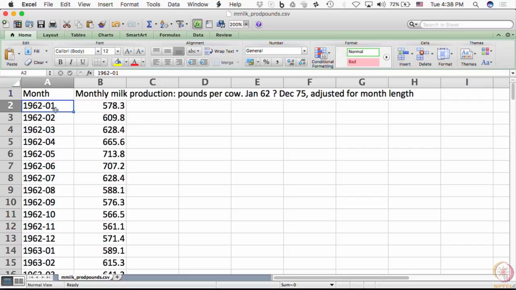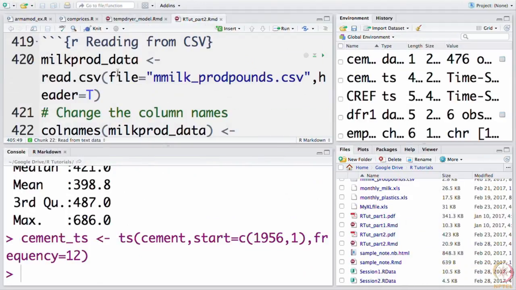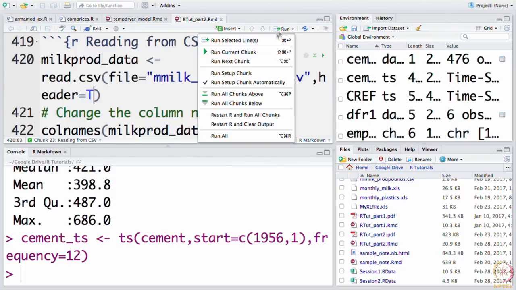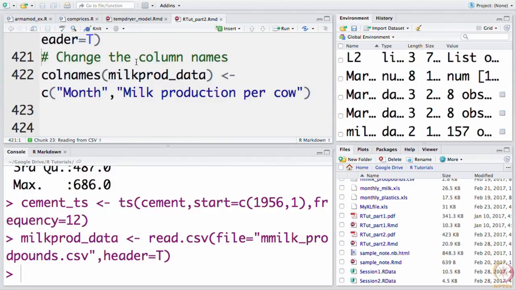Opening the CSV file, or whichever file you are reading, prior to reading it into R is a very good habit, because then you know what you are reading and what kind of options have to be supplied. Now, having done that, let us run it through read.csv, and we say header equals TRUE, because in this case the header is present. Once we run that, this data has been read into a data frame, and I am changing the column name of the second column to a much shorter one. I am just saying milk production per cow. It could be even shorter; it is your choice.